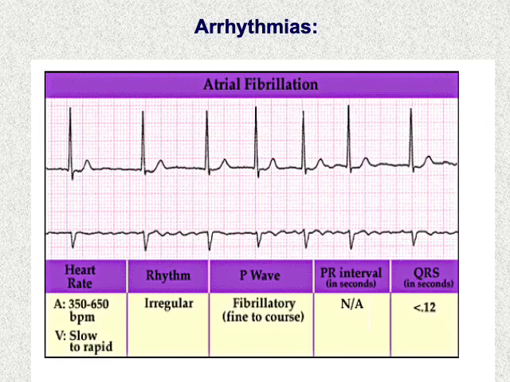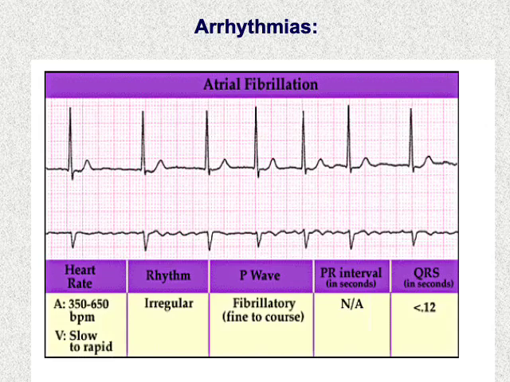But the criteria for diagnosis of AF is two things: an irregular rhythm, and absent P waves replaced by fibrillatory waves. The importance of this arrhythmia is that it is a very common arrhythmia. The most common chronic arrhythmia is atrial fibrillation, and usually the atrium